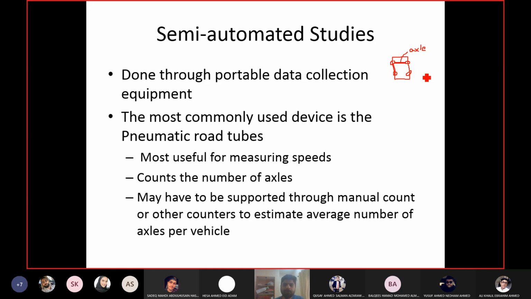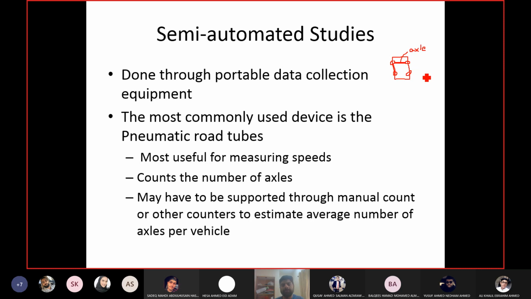So to know exactly how many axles I have per vehicle, we do a short manual study on the location where you have put the road tube as well. Now you may say, why are we doing the manual study if it is done by the tube? The manual study is for a shorter duration. The road tube will give you longer data, but in order to process the data, you need this manual study. In this manual study, you will manually observe the number of vehicles and the number of axles of the vehicles passing over the tube. You will record it, and calculate the number of axles per vehicle using that manual count data, and then that will be used to convert the number of axles to number of vehicles from the pneumatic road tube data.